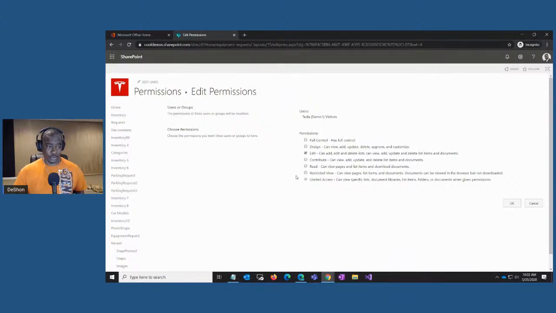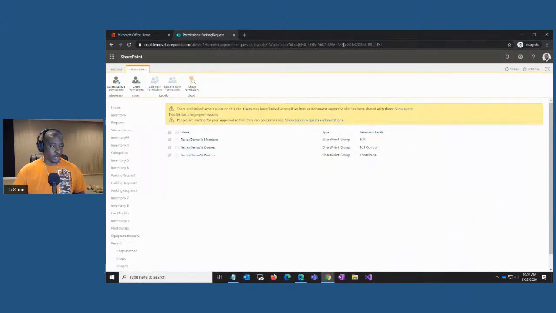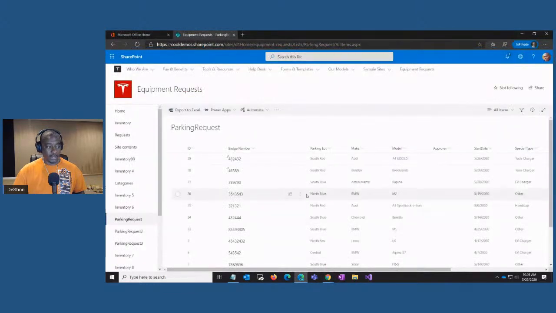If they're in the members group, which is one of the things I recommend against, the edit access would give them the ability to modify columns and modify views. They can actually add columns to your solution, which the end user shouldn't have that type of access. So the minimum edit capability that they need is actually contribute. So I would give them contribute access, and then everyone visiting your site would be able to